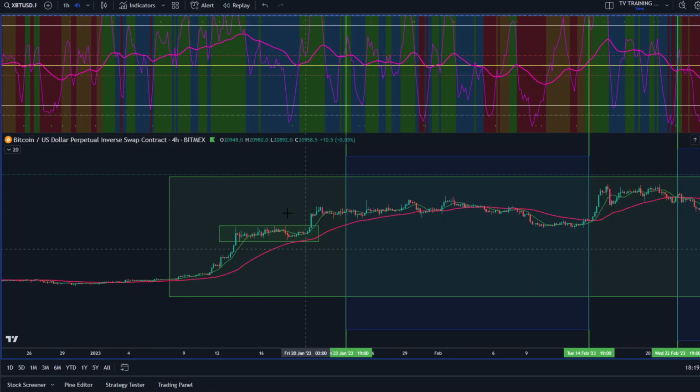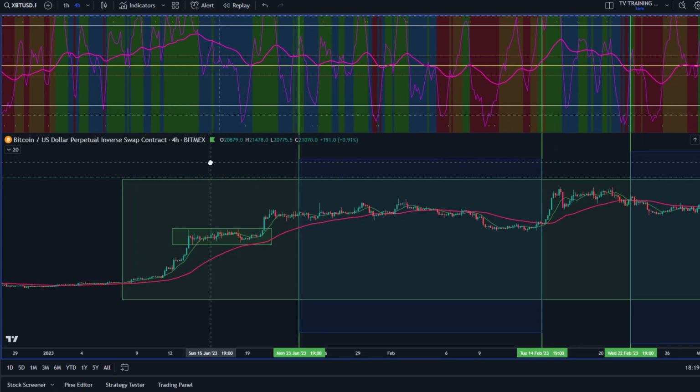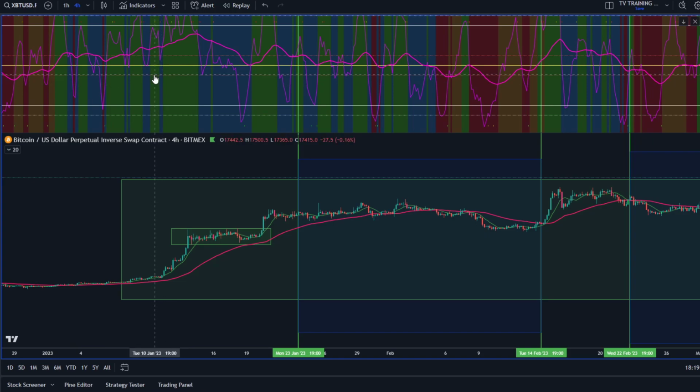And this is the daily that I placed here. Remember in the beginning, just so there was nothing misunderstood, I showed you that it's going to match the colors of the daily. And what I'm going to show you is, what do you get when you get daily green, 4 hour green? Well, daily green, 4 hour green is go time, right?